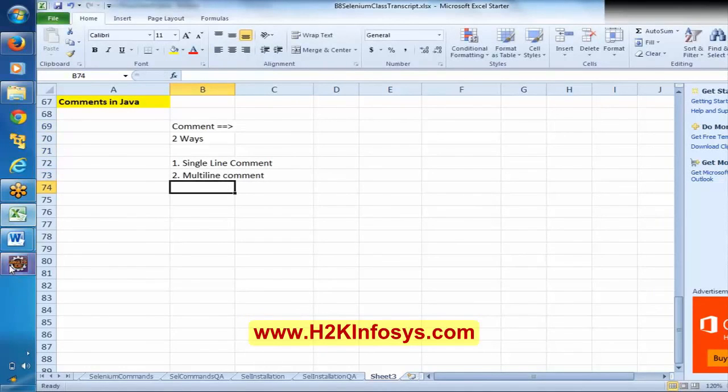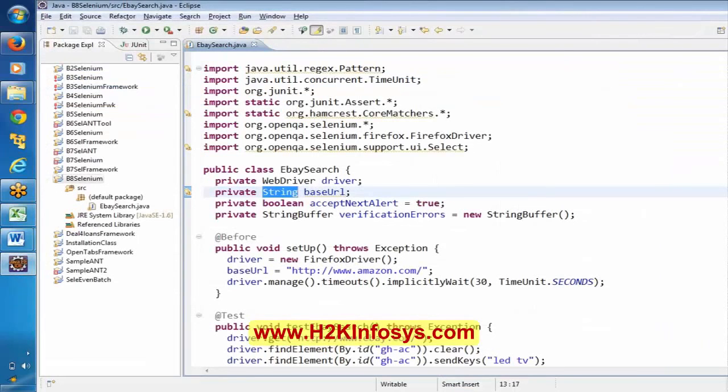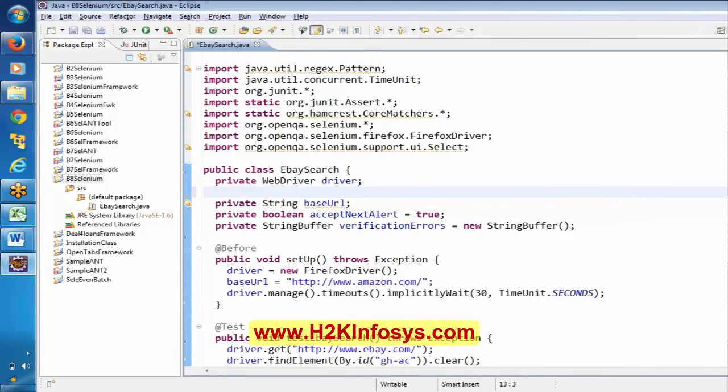Here, if you observe, I am using two forward slashes and I am saying this is a comment. Now if I mention it like this, this line will be ignored by Java. When you execute this program, in the background the Java software will understand this program and try to execute it.